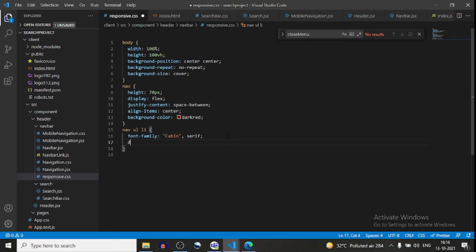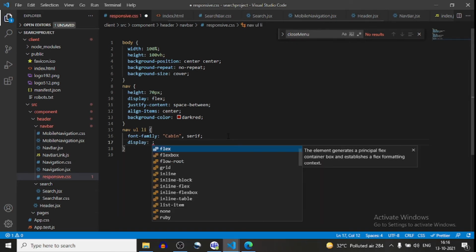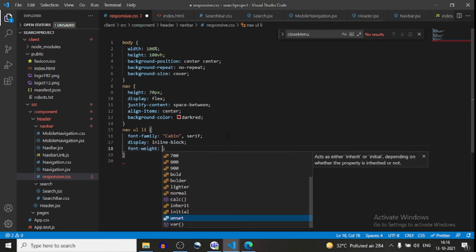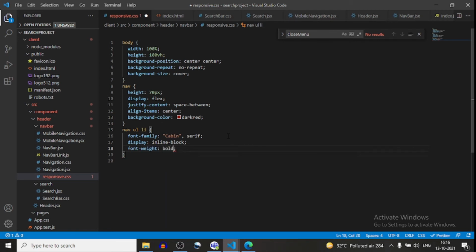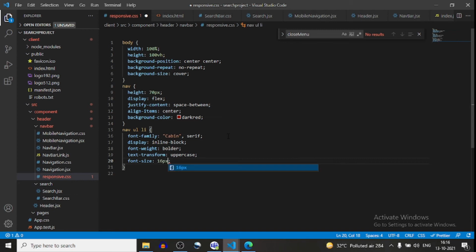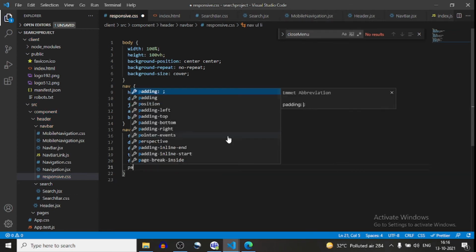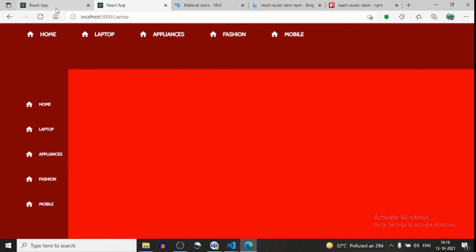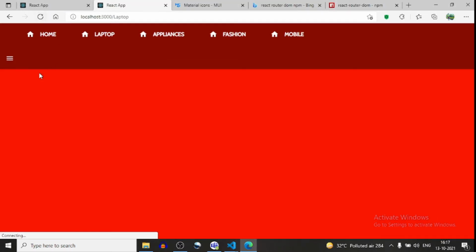And display will be inline block, and font weight will be bolder, and this will be 16 pixel and padding. Okay, now it will look like this.